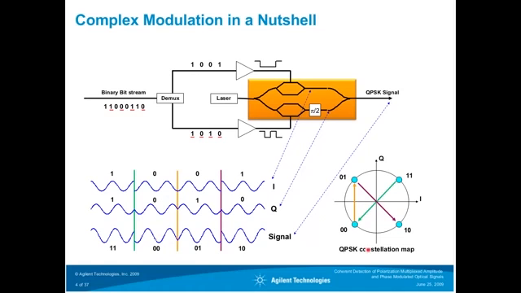The constellation diagram is an easy means to visualize the constellation or the phase of the signals. So you could look at this as the in-phase and the quadrature signals. In this case, you have a 45-degree phase, which is exactly what you have here. And then you have a transition from 1, 1 to 0, 0, where you have a phase shift of 180 degrees. And then from 0, 0 to 0, 1, you have a phase shift of 90 degrees, which is what you see here. And from 0, 1 to 1, 0, you have again a 180-degree phase shift, which is what you see here.